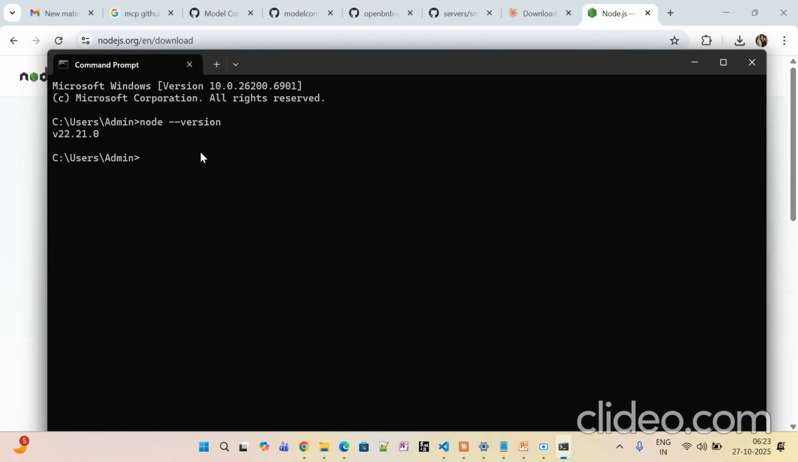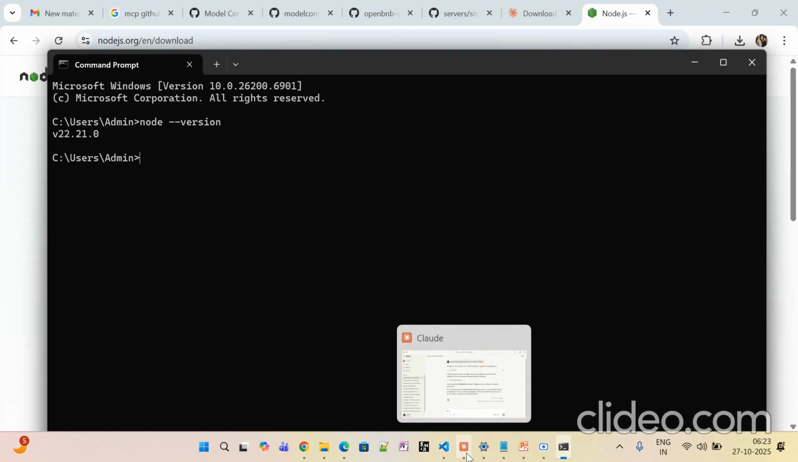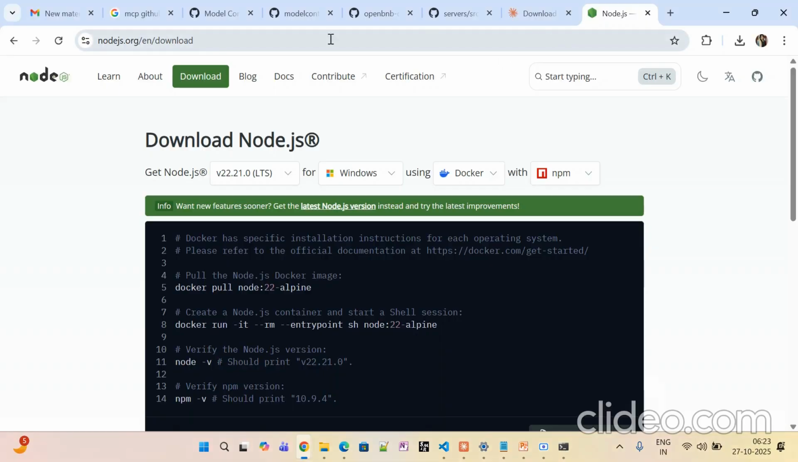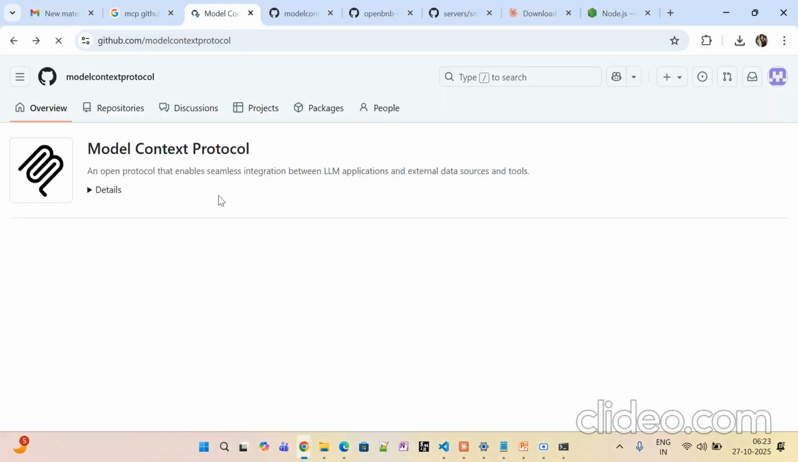Okay, now what I will do, I will attach my MCP file to my Claude, because it says I don't have access to your VIT folder. Okay, so how to add this, I will attach an MCP, then it will answer. So it has no access. Now let me go to Google,